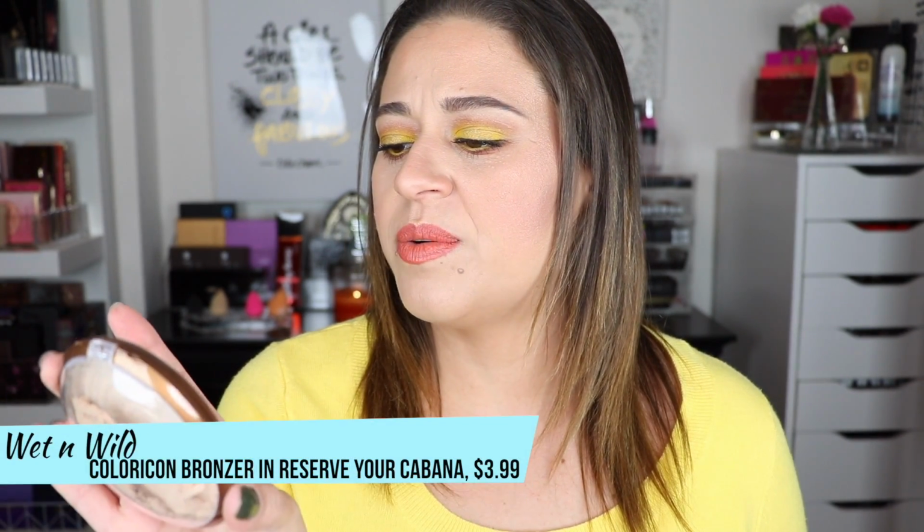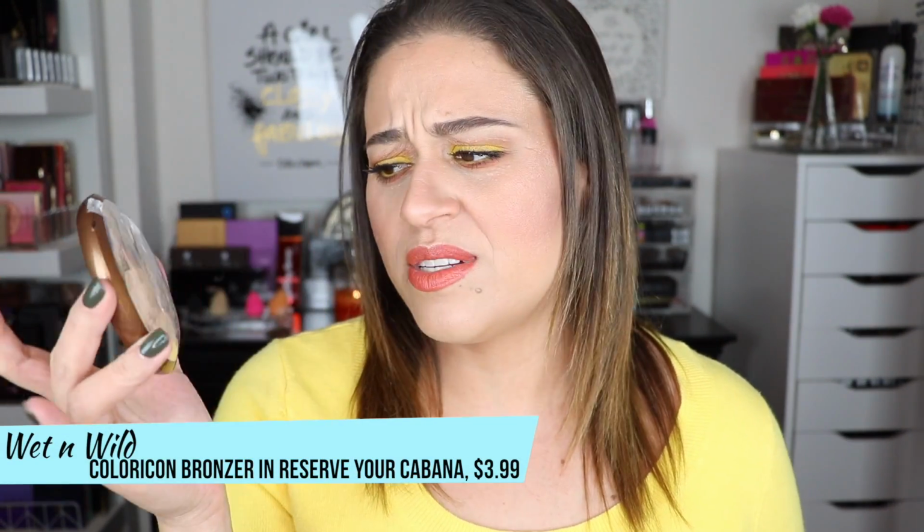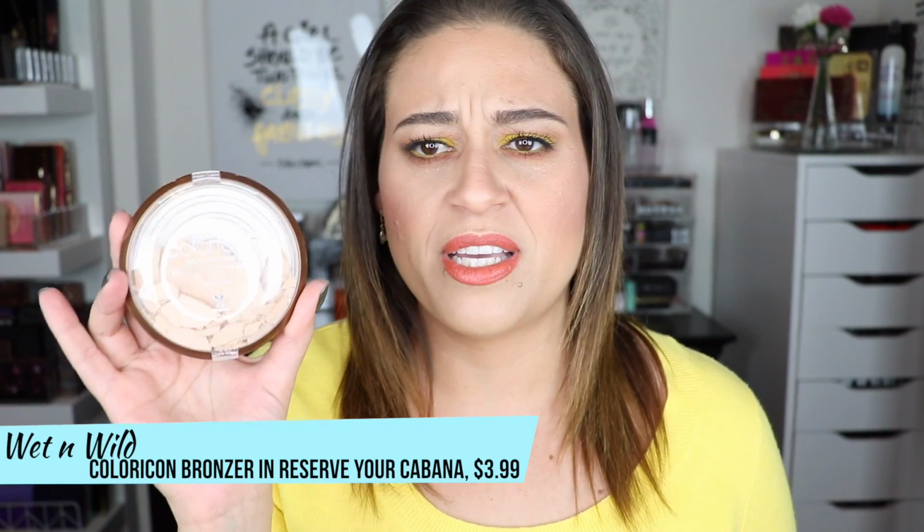There's been a death in the family. This is my Wet n Wild Color Icon Bronzer. This is the one that is in the shade Reserve Your Cabana, which I used in a drugstore first impression video, and to be honest, I never fully learned how to use this. Somebody told me that it could be used like an Hourglass ambient lighting powder, but I just felt that it